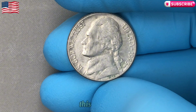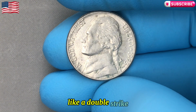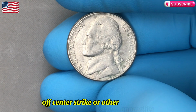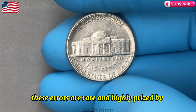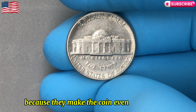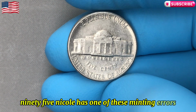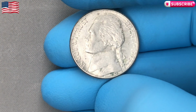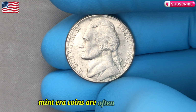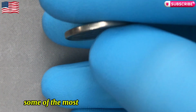Errors. These happen when there's a mistake during the minting process, like a double strike, off-center strike, or other anomalies. These errors are rare and highly prized by collectors because they make the coin even more unique. If your 1995 nickel has one of these minting errors, it could be worth much more than a regular, uncirculated coin. Mint error coins are often one-of-a-kind and can fetch premium prices, making them some of the most valuable coins